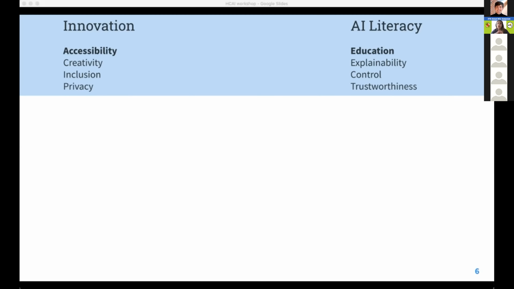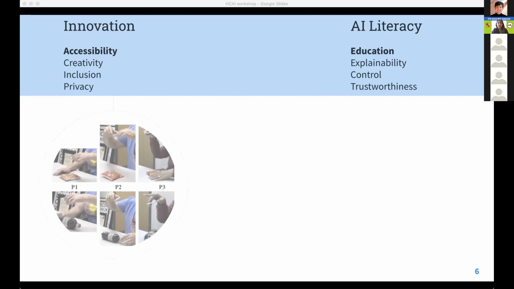In my research group, we're mainly focusing on two of these aspects. One is creating innovative assistive technologies that can help people with disabilities and older adults to fine-tune the behavior of these systems to their own idiosyncratic characteristics and environments. One such example is enabling people with visual impairment or blind users to train fine-grained object recognizers about objects that occur in their environment,